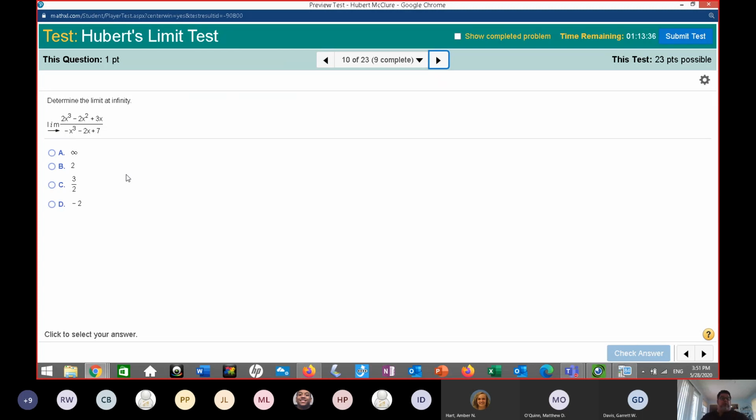This is one. Now, what did I tell you to do here? You could do this one either way. You could either take the rule of the same degree, or you could divide through by x cubed. I'm going to use the rule of the same degree. Why? Somebody tell me why. Because nothing else will matter at infinity. Because the degree is the same for x to the third as the bottom. Limit as x approaches infinity. And you're right, it's not going to matter. 2x to the third minus 2x squared plus 3x over negative x to the third minus 2x.